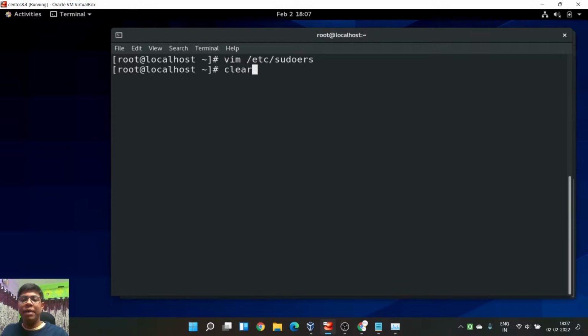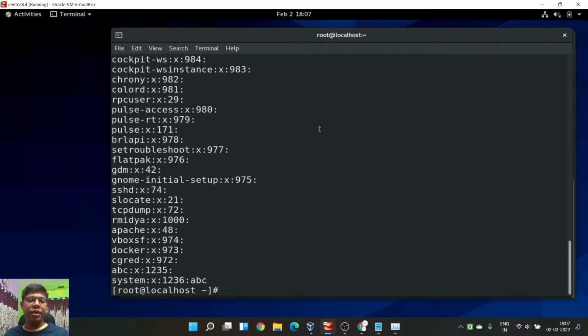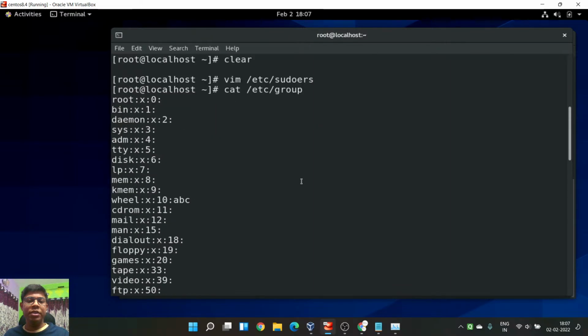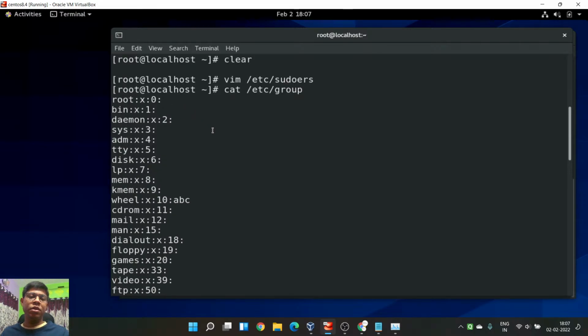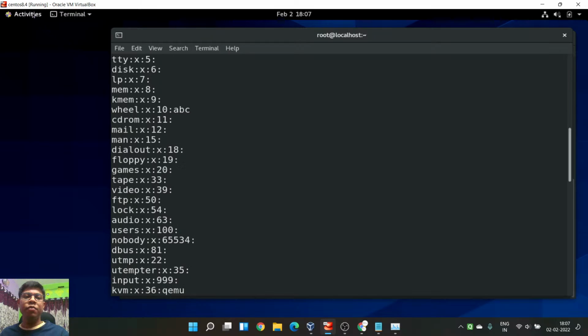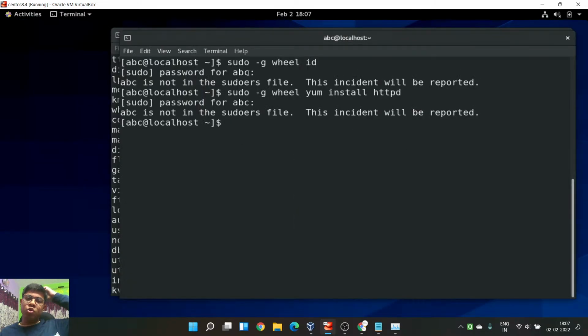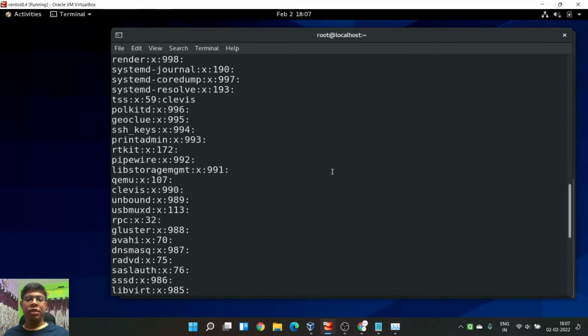I don't know, maybe I made some mistakes. So let me check that file again, the group file. So cat /etc/group. In this file it is there actually. I don't know. So wheel is there, abc is there. Abc user is definitely in the wheel group. And if you want to run any sudo command with the power of a group, let me do one more thing.